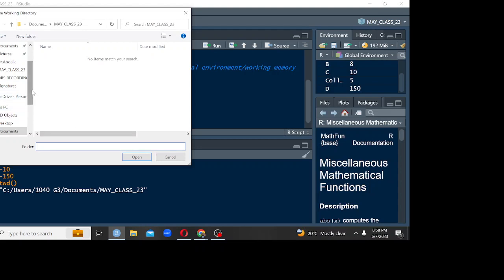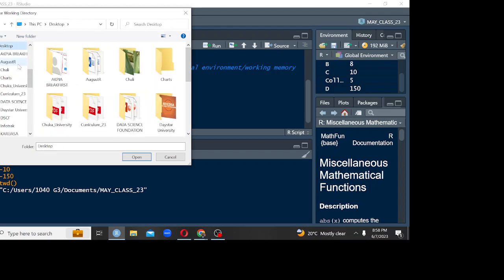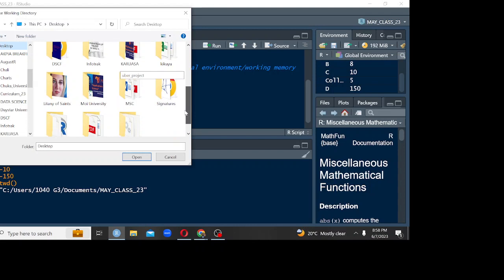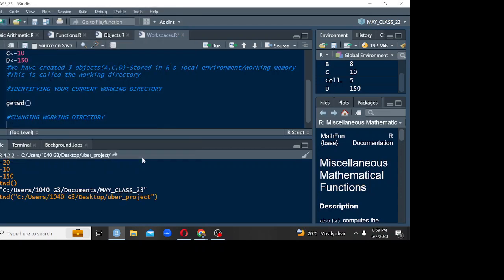I want to change this working directory to maybe let me go to my desktop. Where is it? Okay, let me go to my desktop and look at desktop. I look for maybe this called Uber project. Then I open it. So you see, if you have been keen, you see what has happened in the console